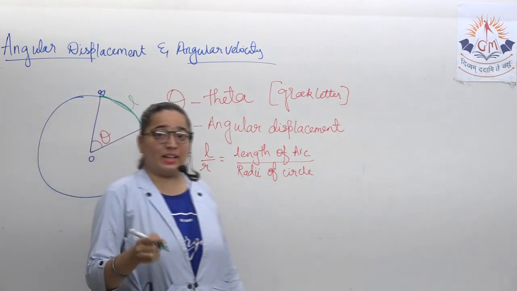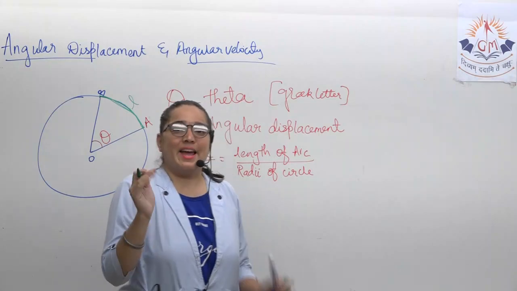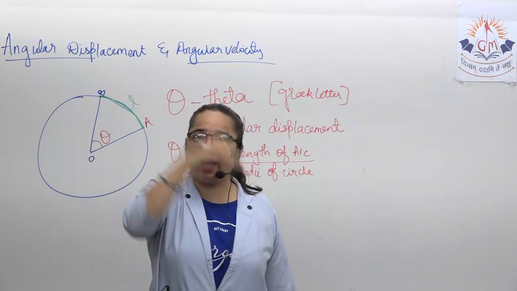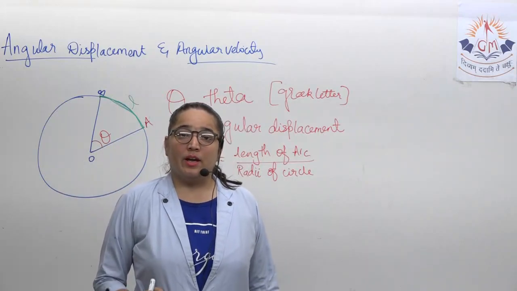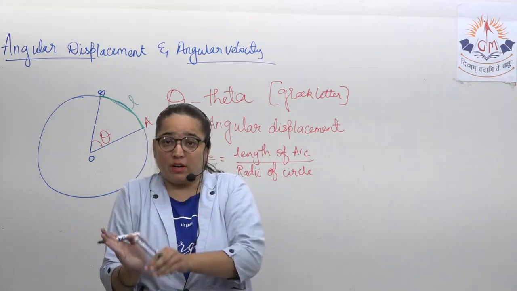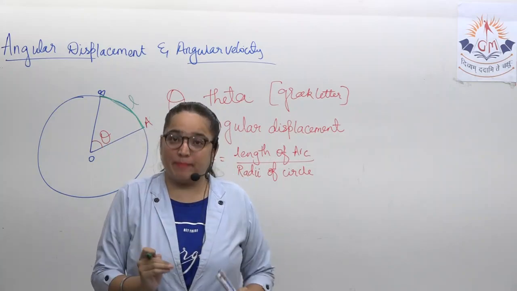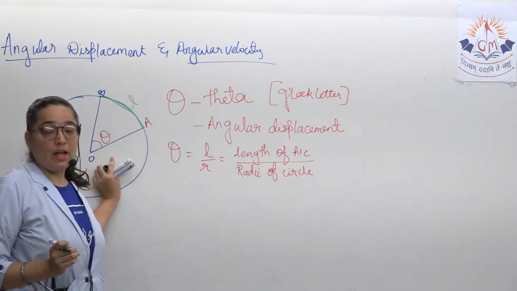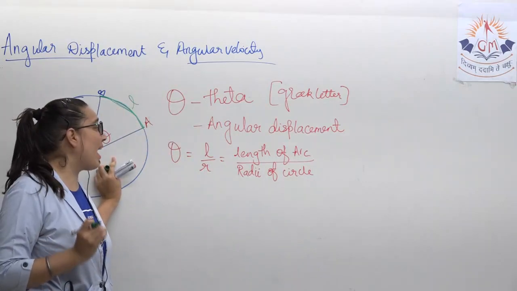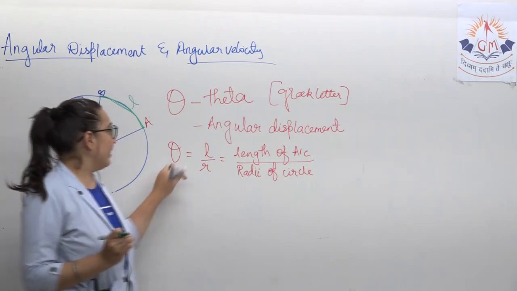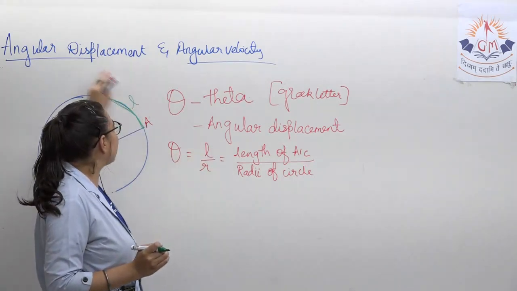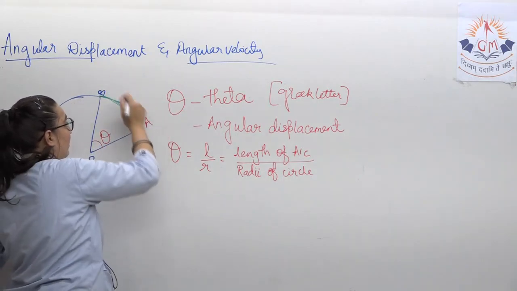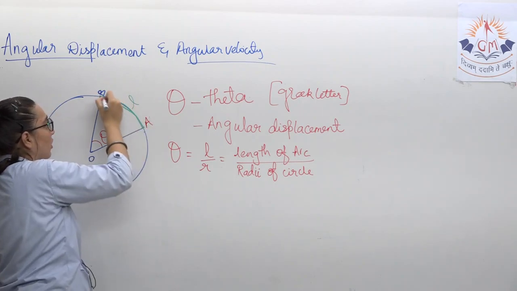Whenever we were doing circular motion, we knew that the whole is 2 pi r, half is pi r, and one-fourth is pi r by 2. If we take half of pi r by 2, we'll get pi r by 4. But what if they give some angle over here? If they give some kind of angle, then the displacement is the length of the arc, which is almost equal to this much portion.